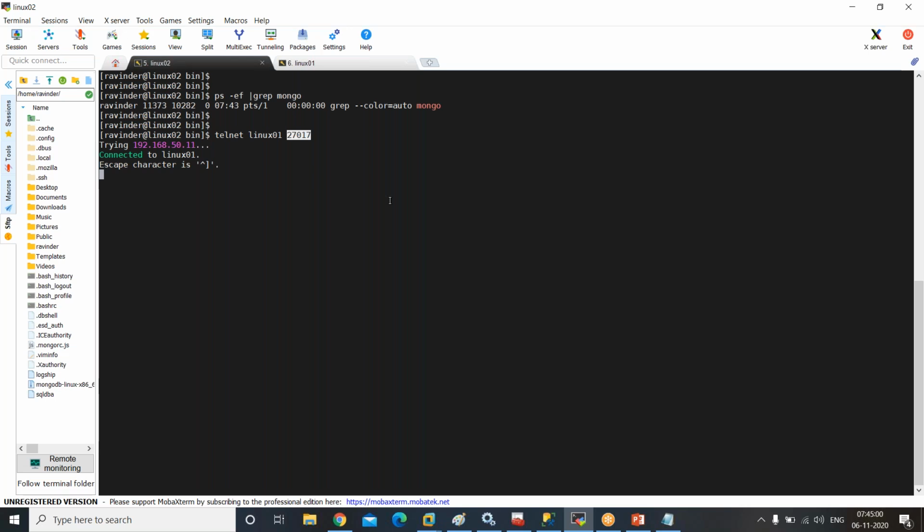Maybe the service is shut down. Maybe the user is not authorized. That way we will look at it step by step. If some user comes directly to you saying that I'm not able to connect to the server, first you have to do the ping from where he is trying to connect. Ping is working fine. Then do the telnet on the product port. The port is giving connected to Linux. Then what you have to do,